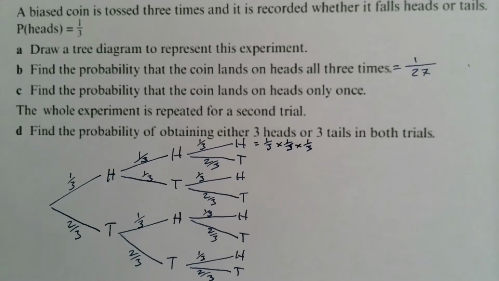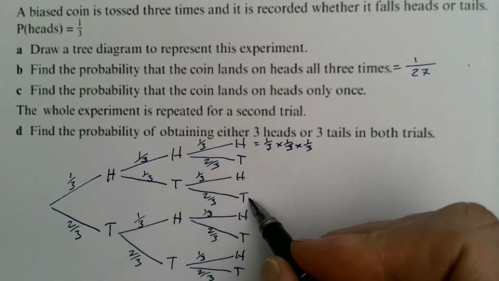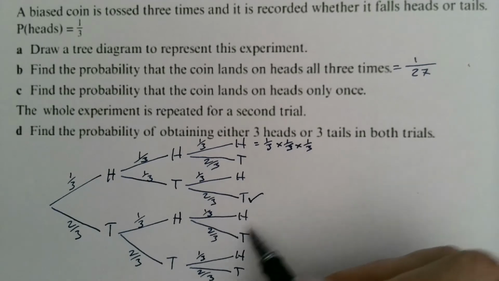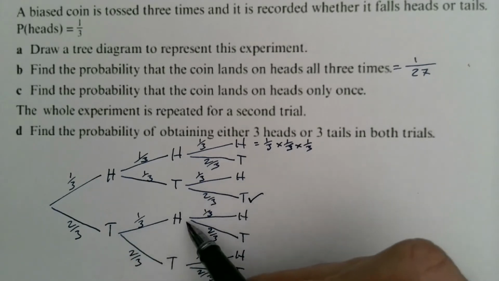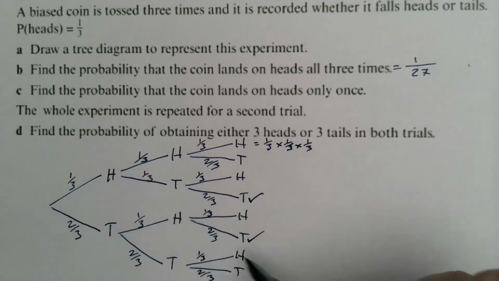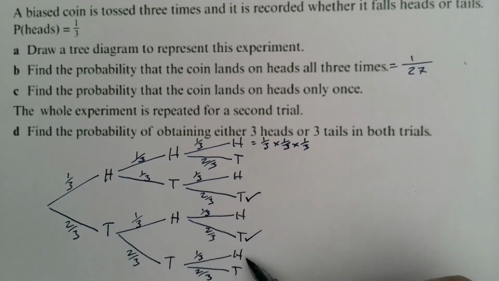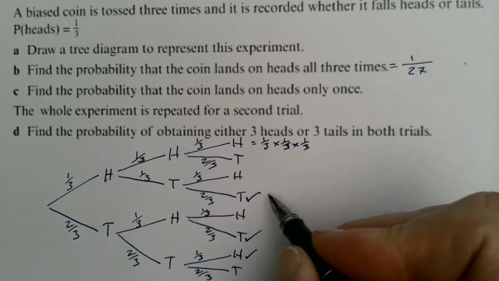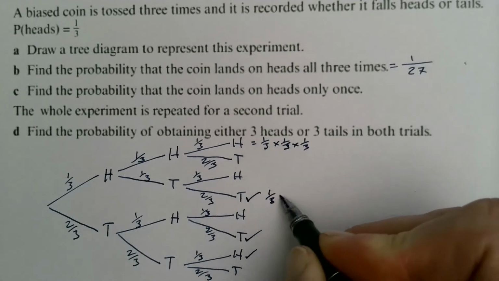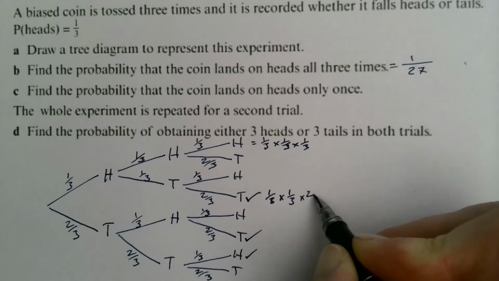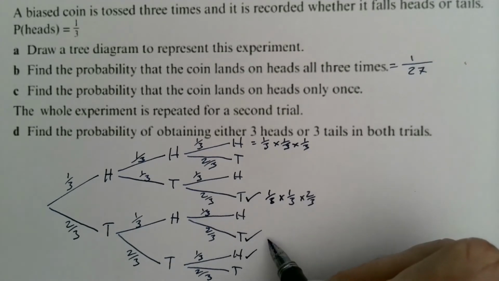Finding the probability that the coin lands on heads only once is going to be trickier, because we have more ways that this can happen. It can be a head the first time, but then not and not, so it could be that one. It could be a tail then a head then a tail, or it could be tail, tail and then head. So we've got 3 ways. Each way is going to have the same probability, because you've got a third times 2 thirds, whereas on this one it'll be 2 thirds times 1 third